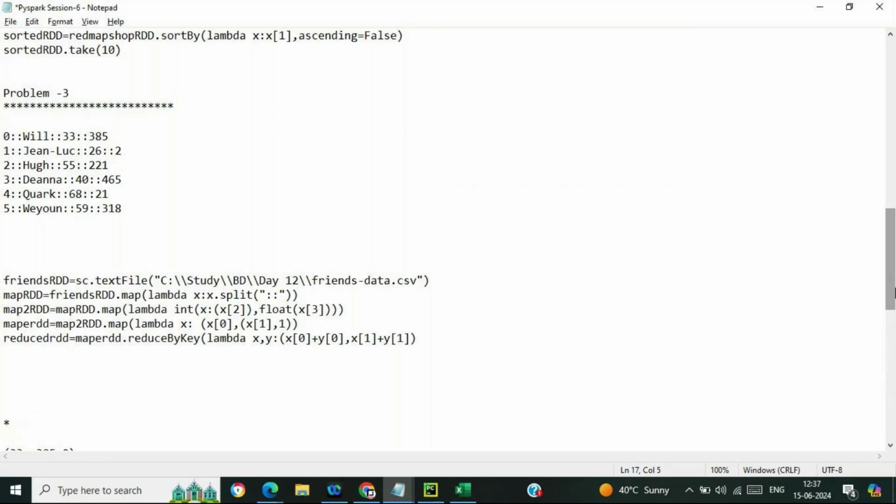RDDs are a little bit typical, and we can apply different optimizations onto RDDs. But I am going to cover those optimization techniques on data frames, because that is what is being utilized in the market. Organizations are working on data frames; no one is working on RDDs. So from the learning perspective, we have enough understanding of RDDs.